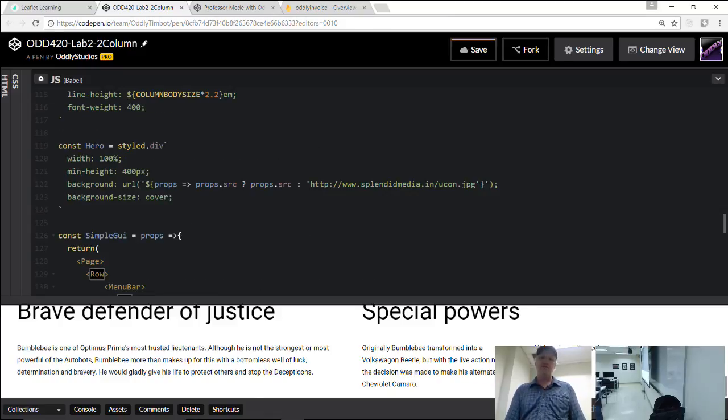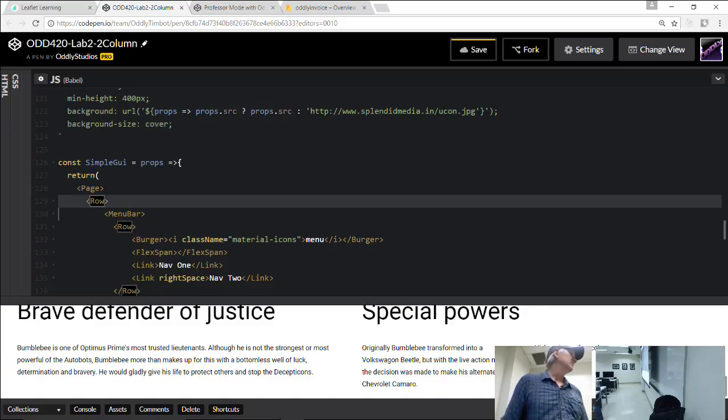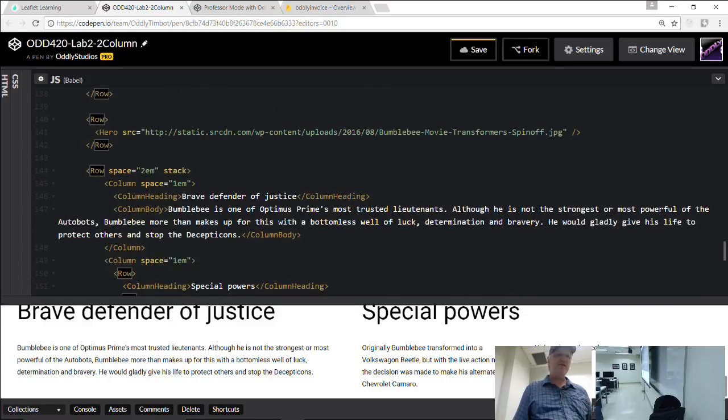So for instance, this row right here, no space, right? So it's going to have a padding of 0. No space around the outside of this row. But if we keep looking down, we'll probably find a row. Yeah, here's one. See how I'm saying space 2em, right?